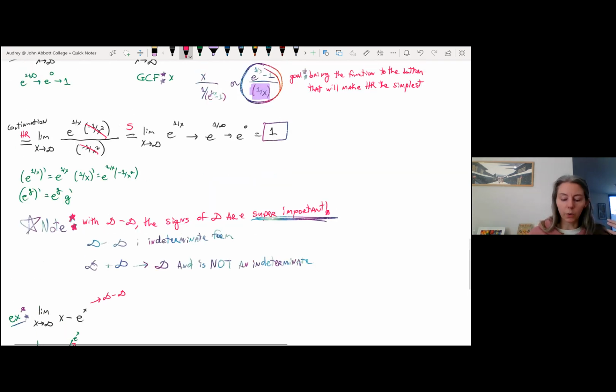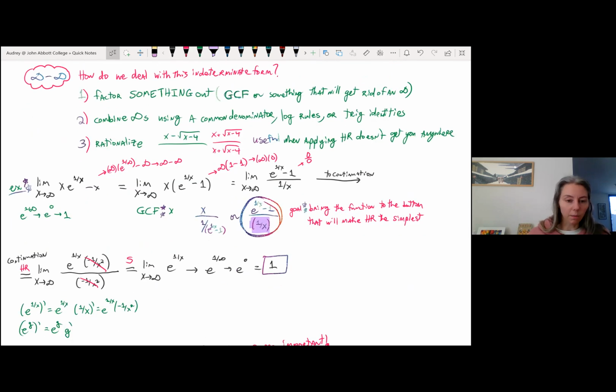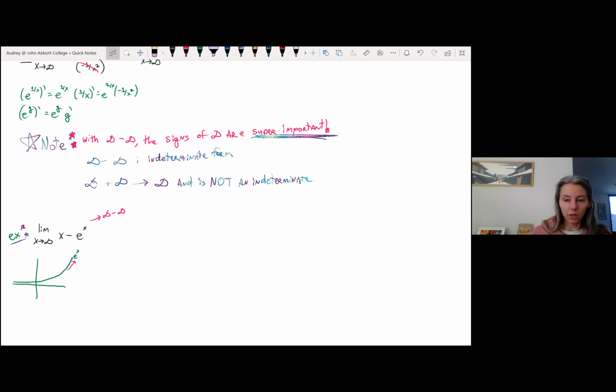So I need to do one of the three things we talked about: factor something out, combine infinities, and so on. Well, here I don't have a greatest common factor. So I'm going to factor something out, just something that will get rid of infinity. My two options here are that I can factor out x, or I can factor out